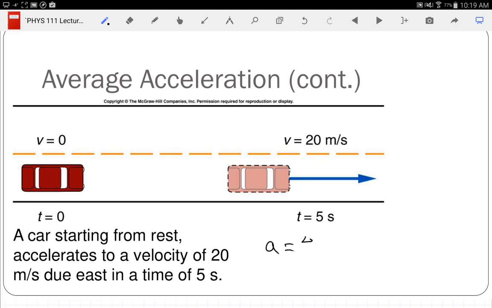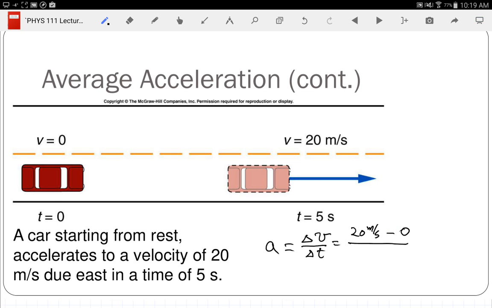Okay, got two people telling me the change in velocity, change in speed if it's one-dimensional, over change in time. When I do change in, it's always which one minus which one? Final minus initial. So I'm going to put my final speed, 20 meters per second, minus my initial speed of